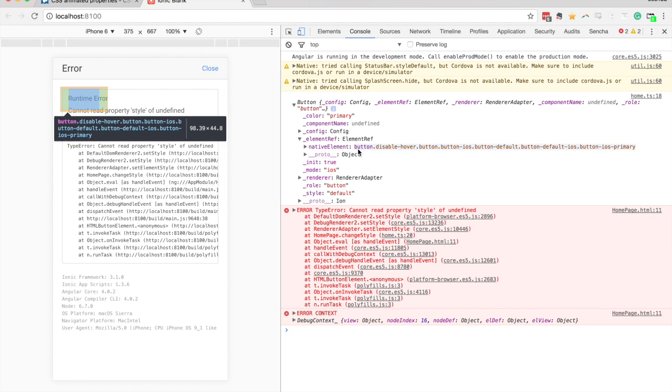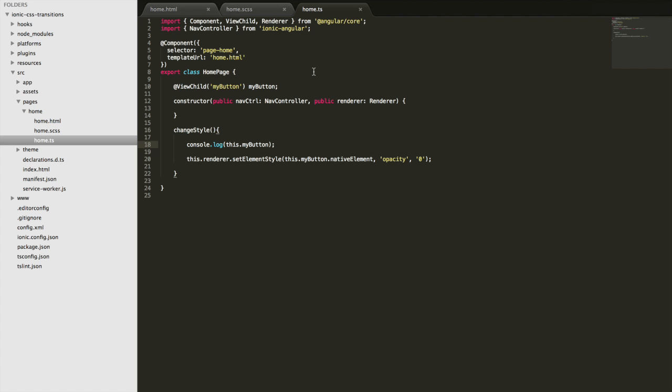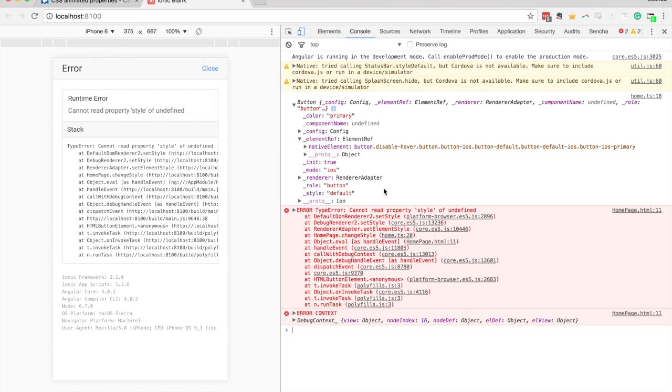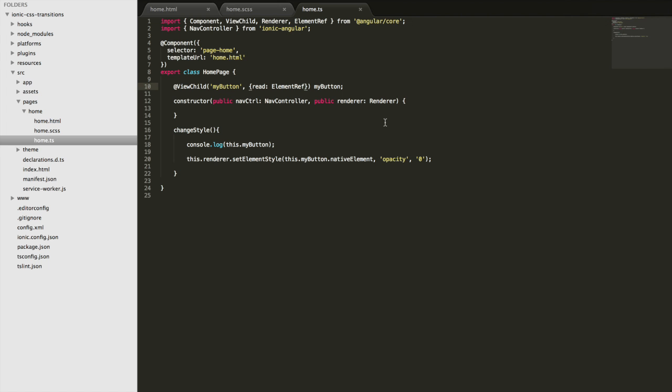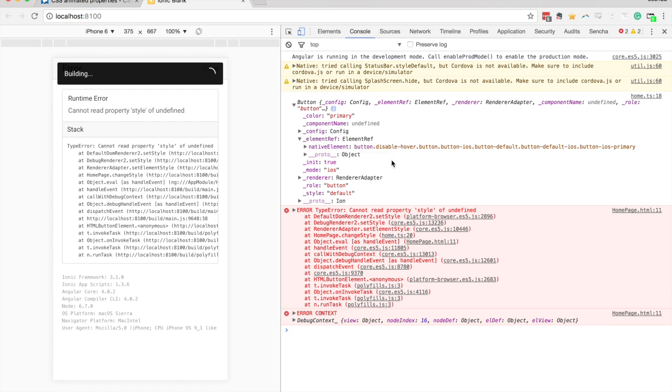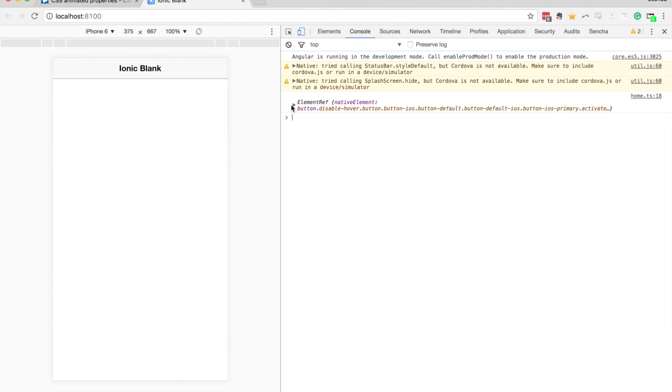contains the native element. So we can do that with this little additional functionality of this ViewChild here. What we can do is import ElementRef, and then we can say we want to read that property. So by doing that, that should instead return us that element reference directly. Now, hopefully I've got the syntax for that correct. Yeah, so now you can see we're just getting the element reference there, and then we have direct access to